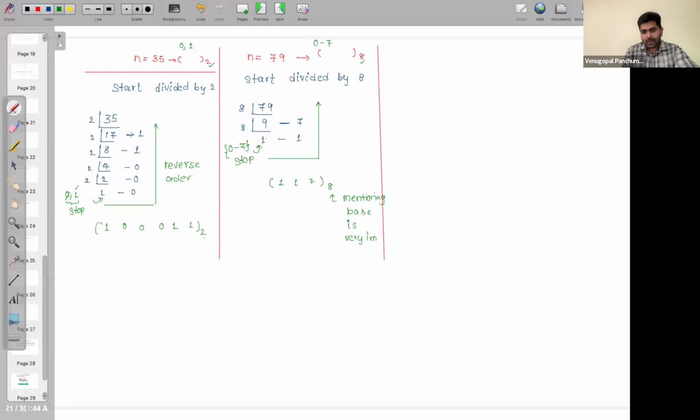So mentioning the base is very important. Otherwise, I will think that this is 117, normal 117, right? Okay. So similarly,